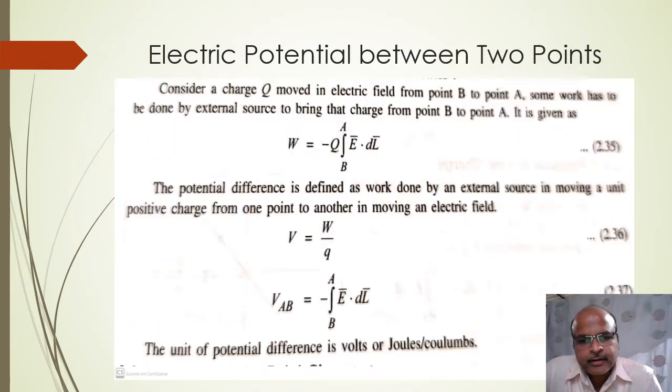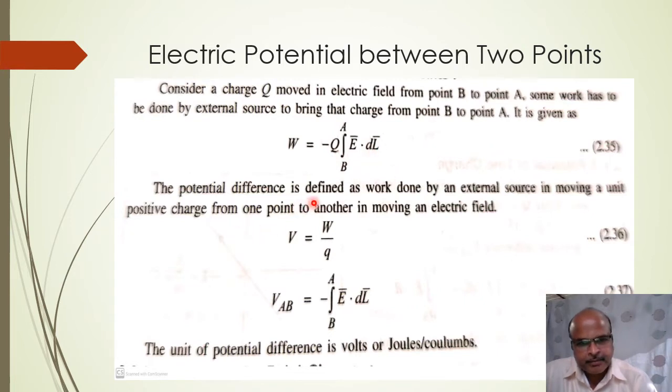Then next, electric potential between two points. If we want to find the electric potential between two points, we have to consider two points. Consider charge Q is moved in an electric field from point B to point A. Some work has to be done by an external source to bring that charge from point B to point A, and it is given by W is equal to, again, the work done formula. For initial point B and final point A, that is minus Q integral from B to A